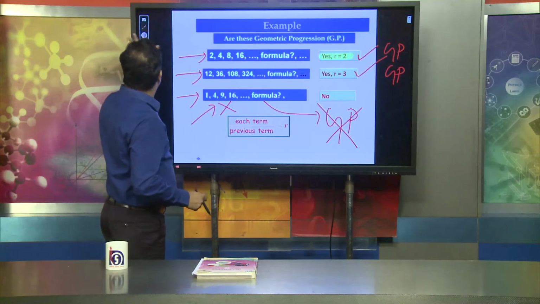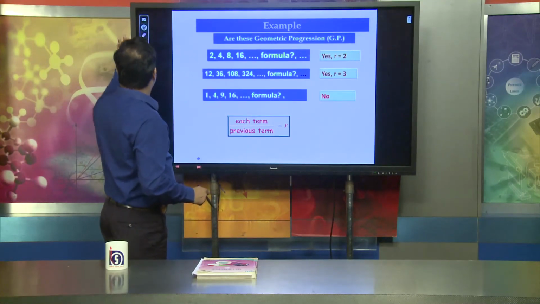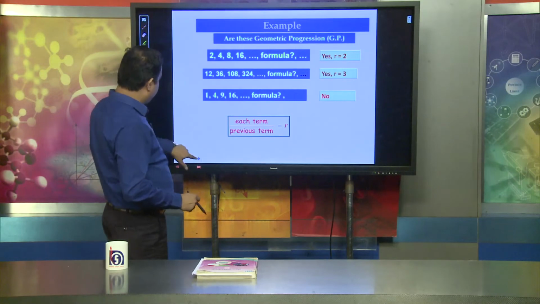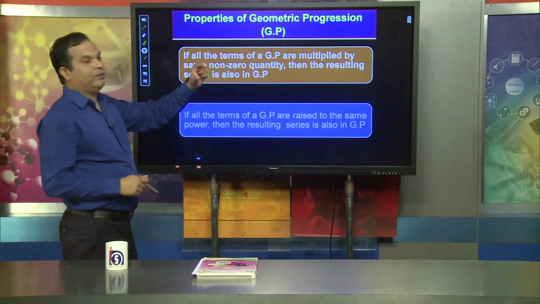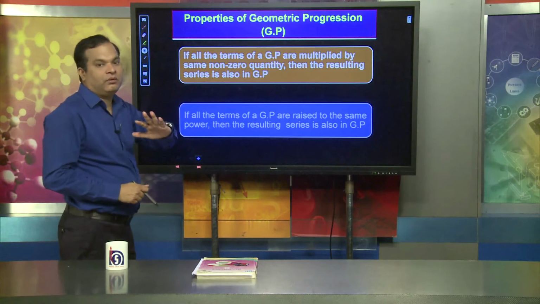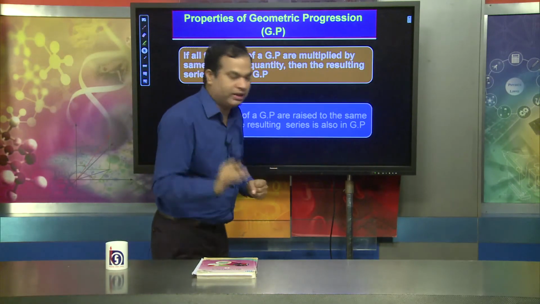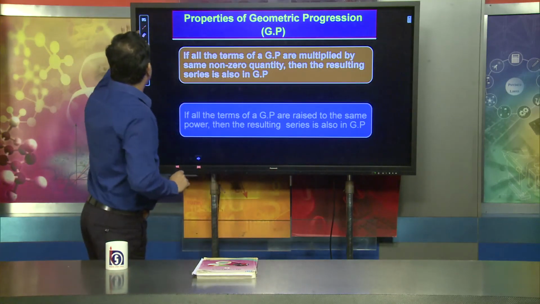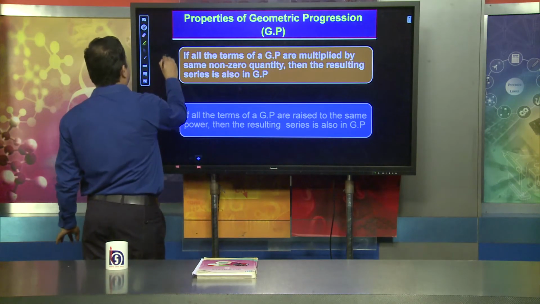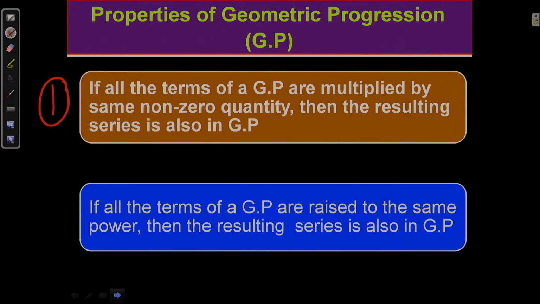When talking about how we have to understand as well as put the different formulas based on geometric progression, before that we must understand the properties of geometric progression. Basically, there are two important properties. The first property is: if all the terms of a geometric progression are multiplied by the same non-zero quantity,